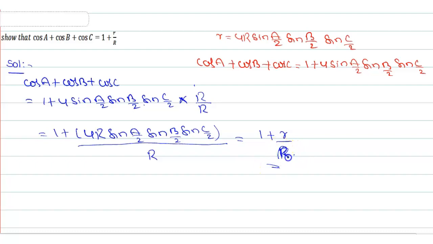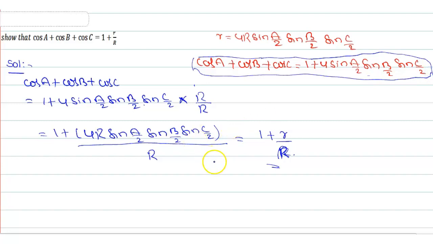If this question is there in 7 marks, you need to write the proof of this also. In the sense, right now we have taken it as a formula. So if the question is there in 7 marks, you need to write the proof for this also. Right. This is the answer for this.